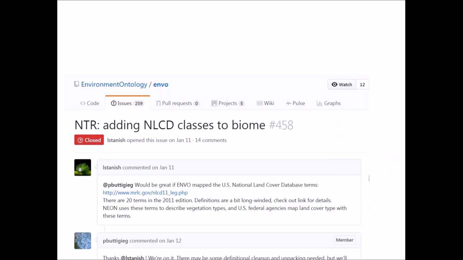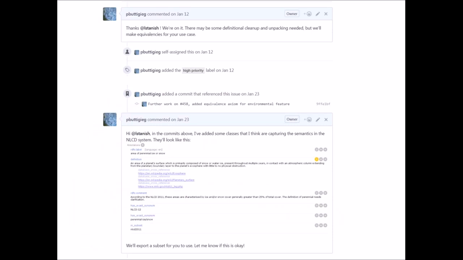They also have a wish to start to harmonize and standardize their environmental knowledge. So they approached us, and then they requested the National Land Cover Database terms to be more semantically harmonized, to be parsed semantically and linked in with everything else that's out there. And of course, that means it's linked in to the SDGIO by virtue of the fact that ENVO and SDGIO cross-reference each other heavily.